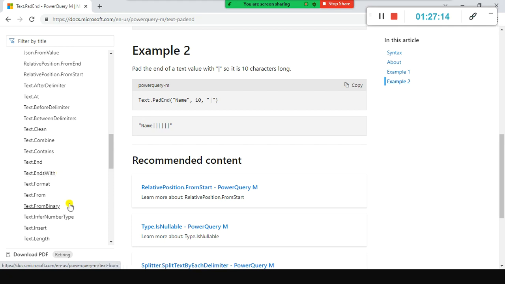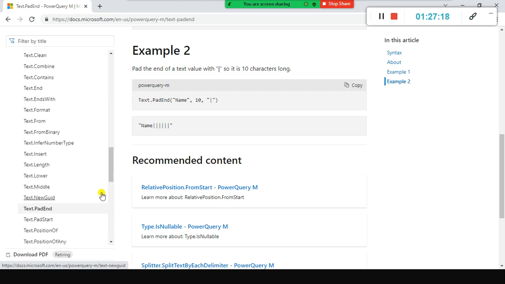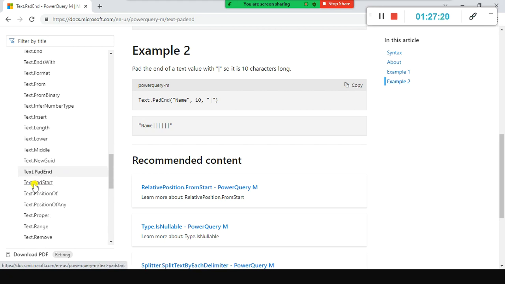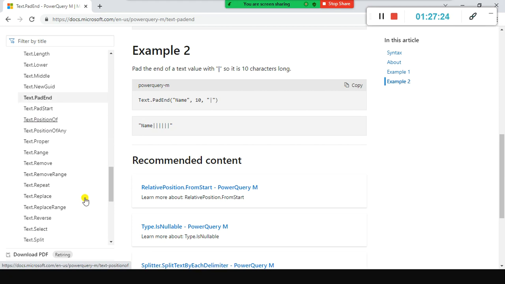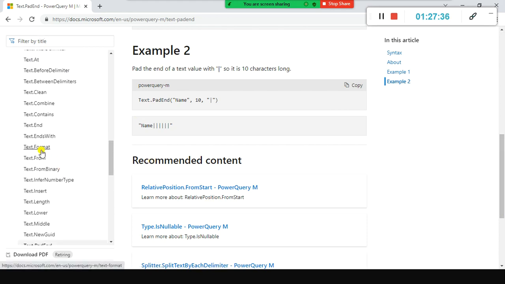This is enough. Text insert and text length you also need to learn. Text middle, that's all. Pad start is important, trim, whatever I told you as of now. You note it down, watch my video, and then practice it. Text.Select you can also go into, but the rest you can ignore. We cannot spend time learning all the things. And again, format is also important.